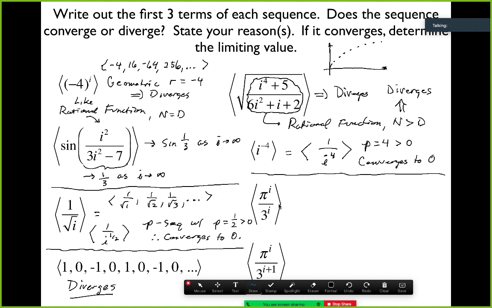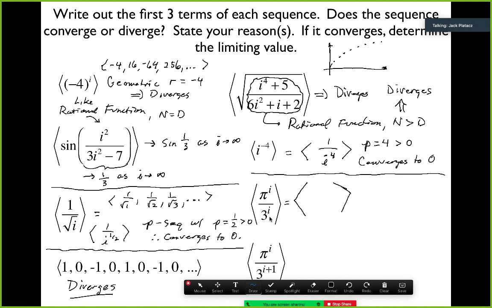This one, pi to the i over 3 to the i. What do we got here? Looks like it diverges. Okay, but for what reason? Because pi is larger than 3, so to the same power, it's going to be significantly larger. All right, good. So you're saying that the numerator is going to get bigger than the denominator. Anything else we can do with this? Can we rewrite this any way? pi to the i times 3 to the